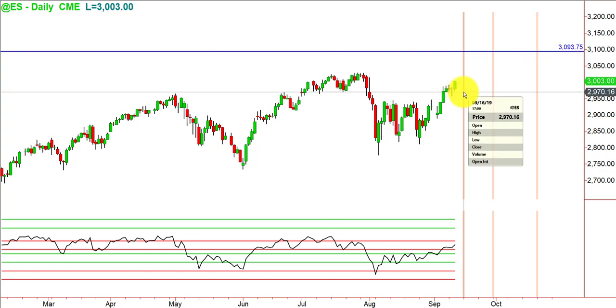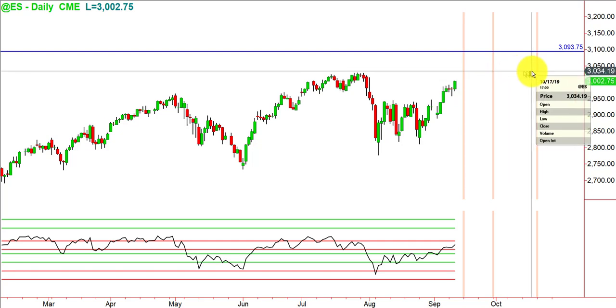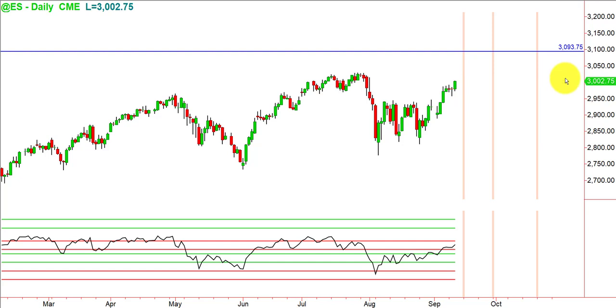So the first timing point that's coming up really fast is September 16th. After that is September 30th. And after September 30th, the next timing point is October 21st. So I will refine daily in the skinny and the mini as I see the price action unfolding, but you